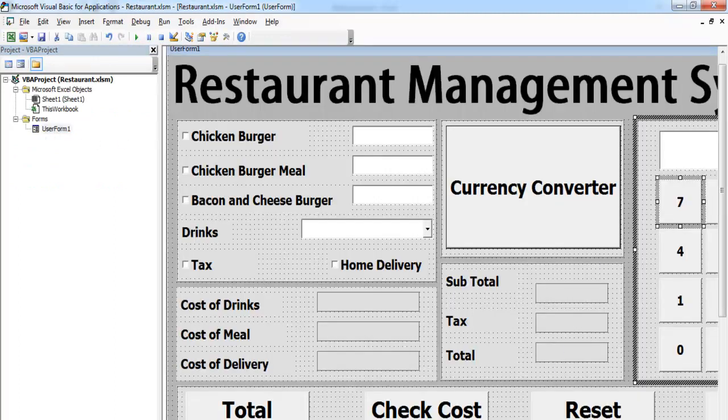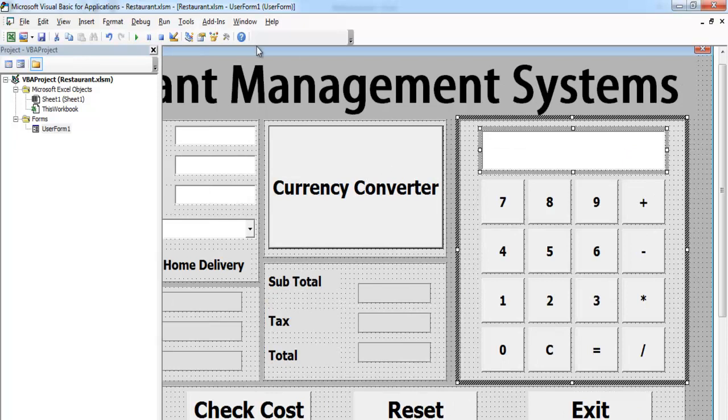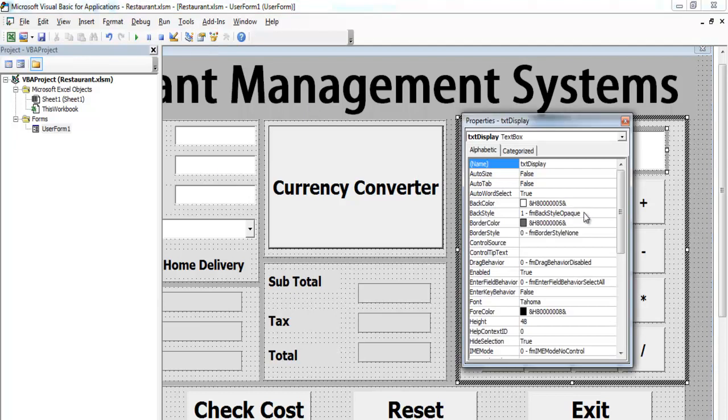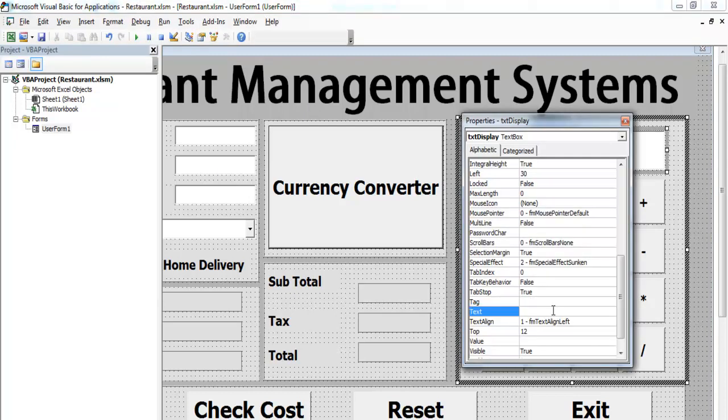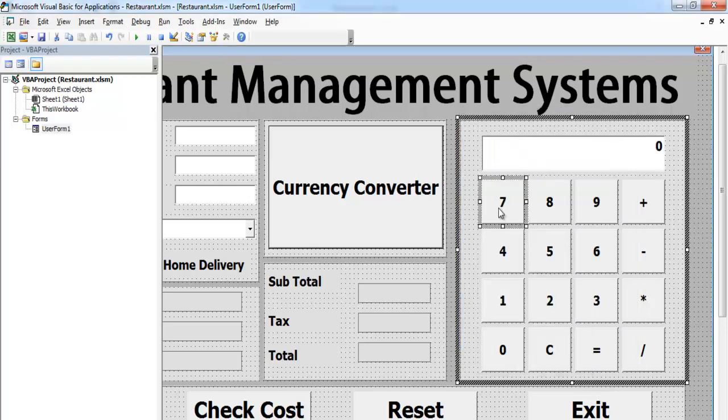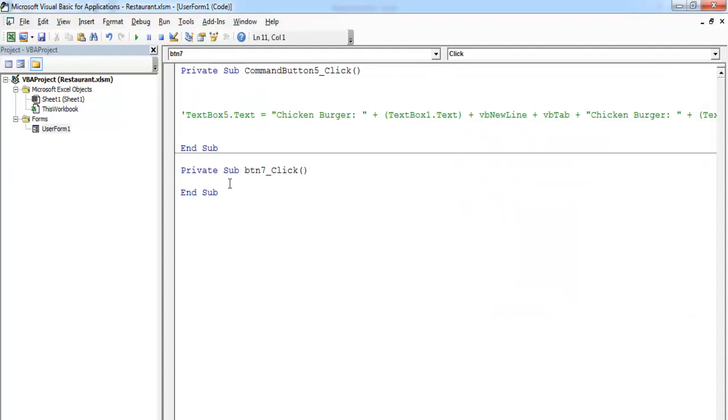So right here, let's enter a value in there. Enter 0 in the text box right there, and align right. That is taken care of. Double click on 7 again, and up here